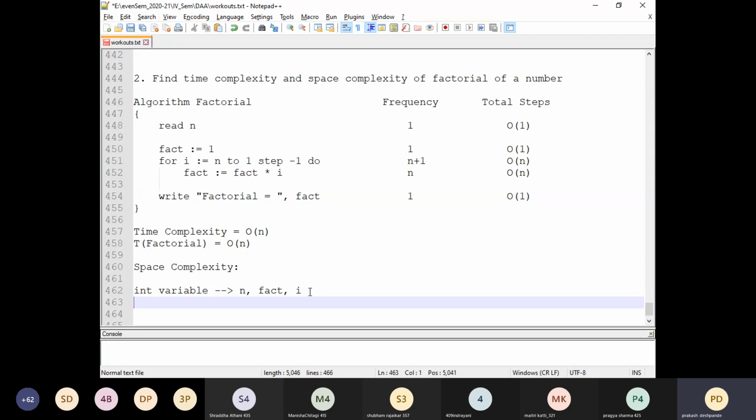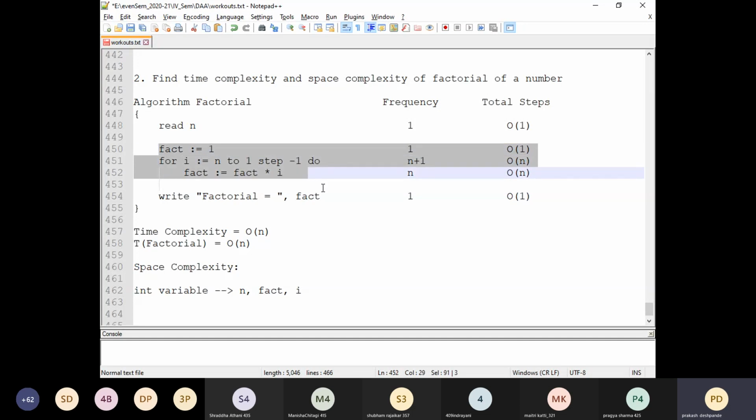How many constants are there in this particular algorithm? To understand that, you should know the exact meaning of this with respect to C or C++. For your better understanding, you need to know its equivalent in C or C++ or Java programming. Can you tell me how many constants are there here in this particular algorithm? You may say whatever might be the answer, your answer need not be true.